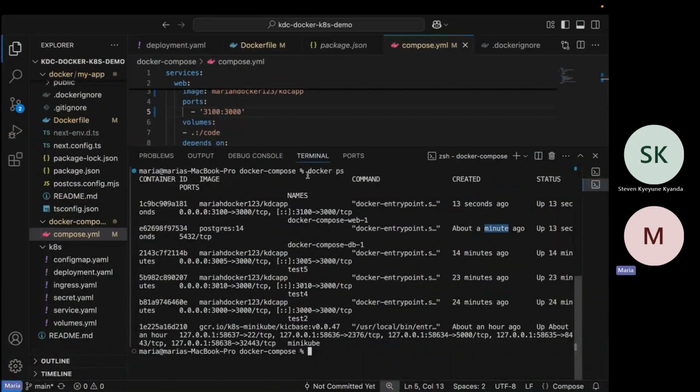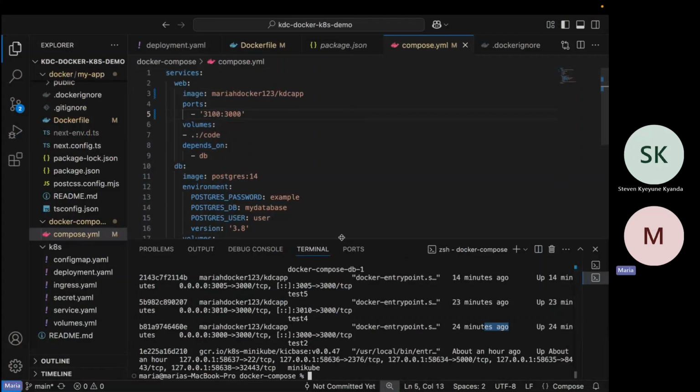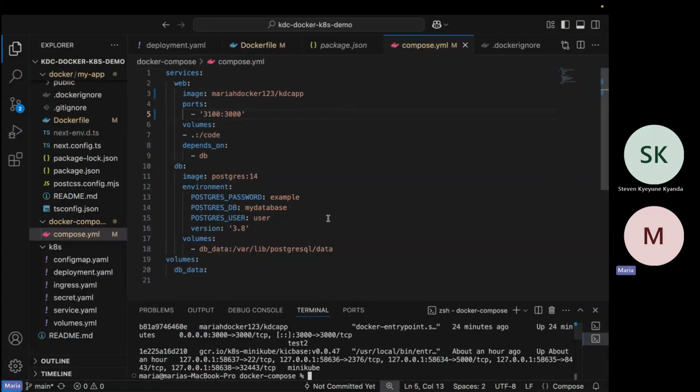Any concerns with Docker Compose? Maybe just about the YAML file. Yes. I was trying to understand the volumes for the web service. Do we need what does that mean?